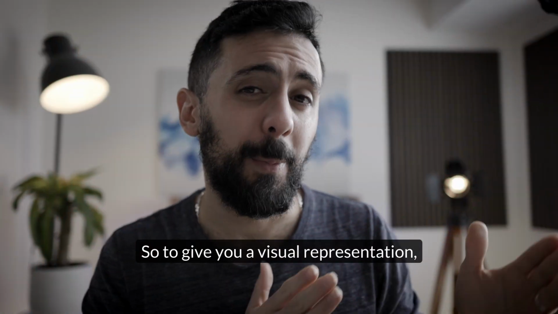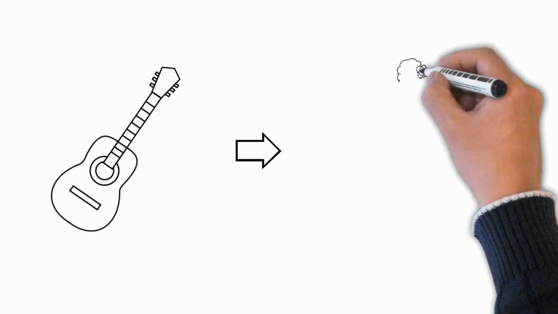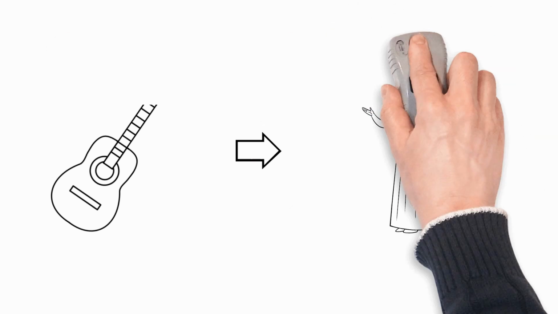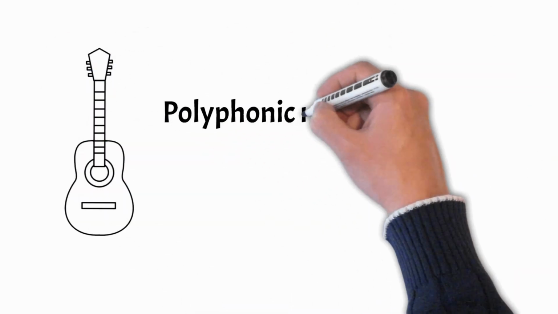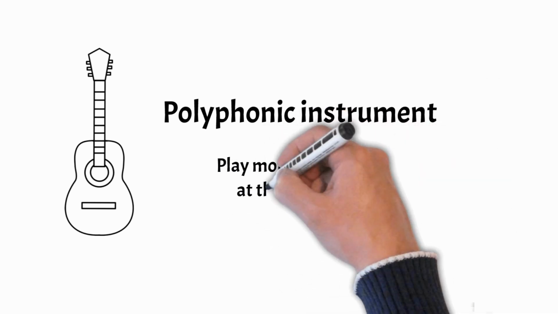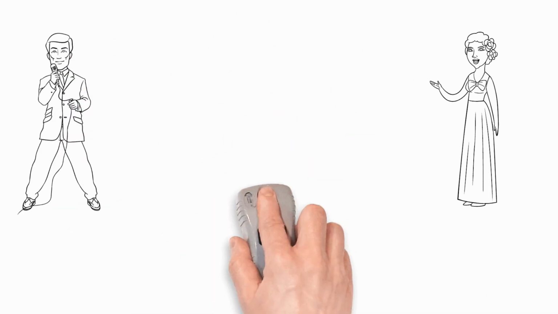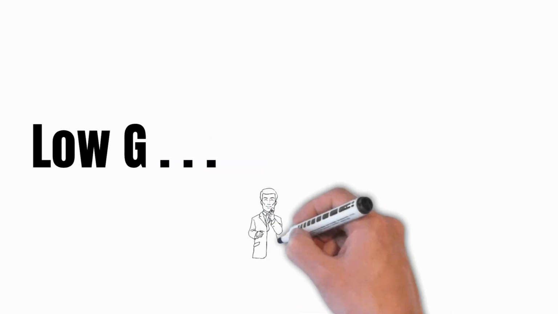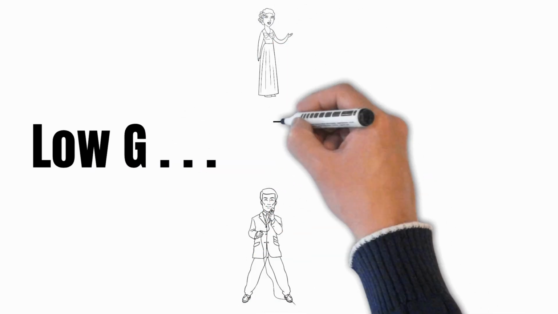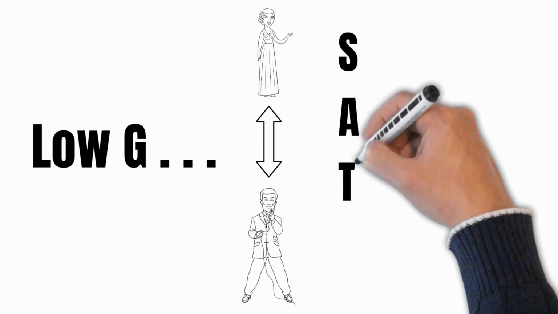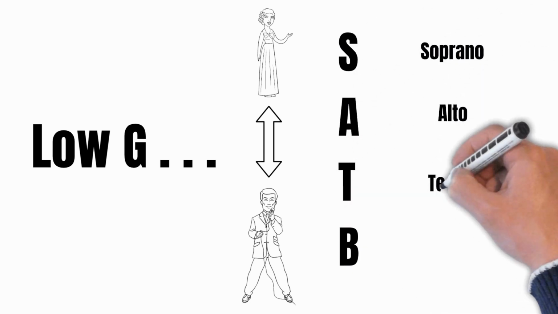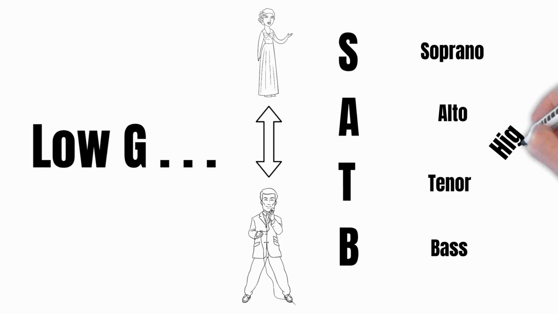So to give you a visual representation, imagine your ukulele as a singer, and this singer has a voice. And because the ukulele is a polyphonic instrument, in other words, it can produce more than one voice at the same time, you have 2 or 3 singers available to you. But to keep things simple, imagine you have 2 singers. In low G, because of the lower register, you have a bass and a soprano and all the range between them. We call this SATB, soprano, alto, tenor, and bass. While in high G, your lowest note is the C, so your range is really limited to tenor to soprano,